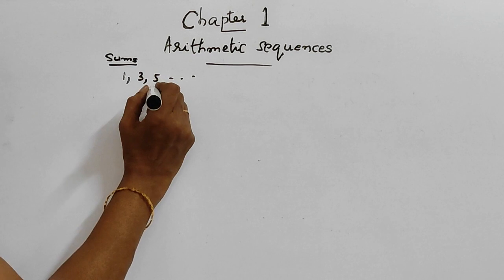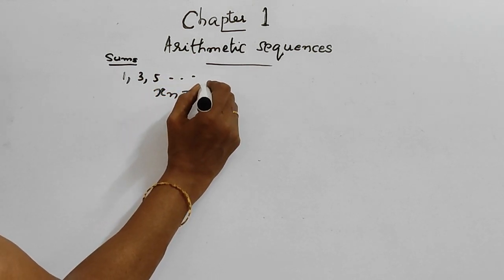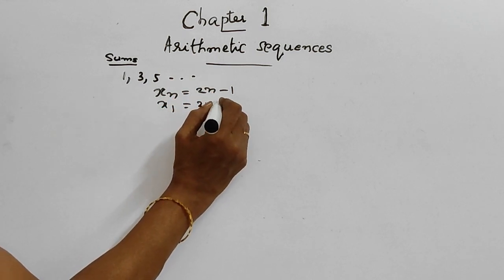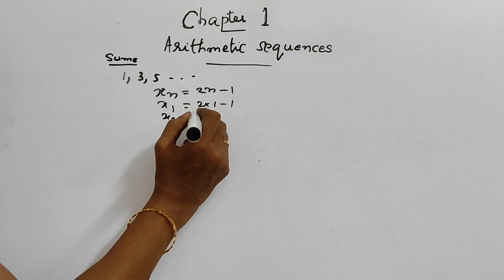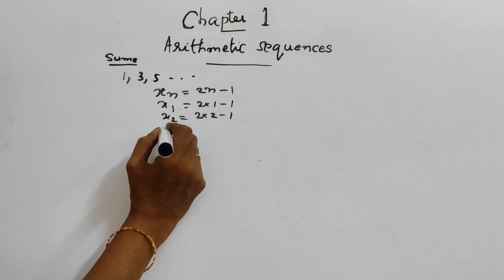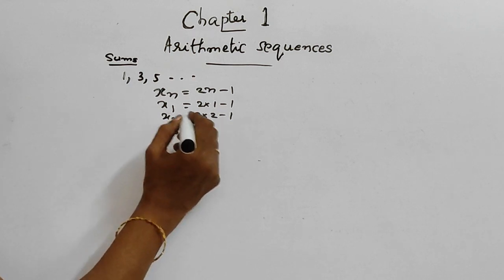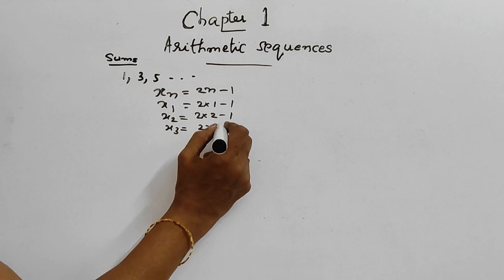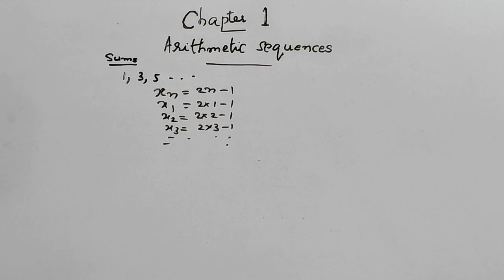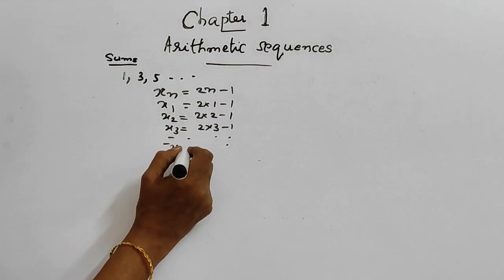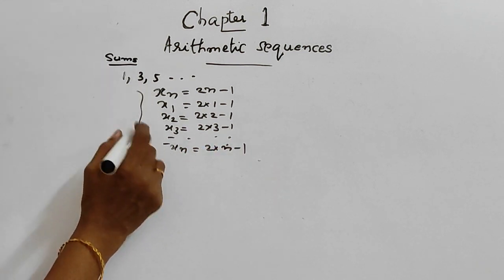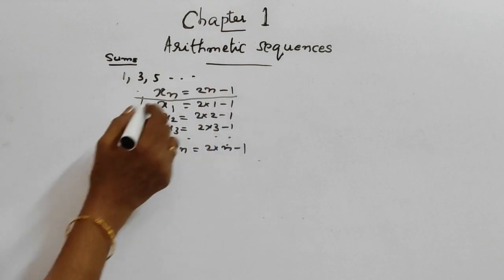We are substituting values in xn equals 2n minus 1. x1 is equal to 2 into 1 minus 1, which is very easy. x2 is equal to 2 into 2 minus 1. x3 is equal to 2 into 3 minus 1. Like that, xn is equal to 2 into n minus 1. Adding all these,